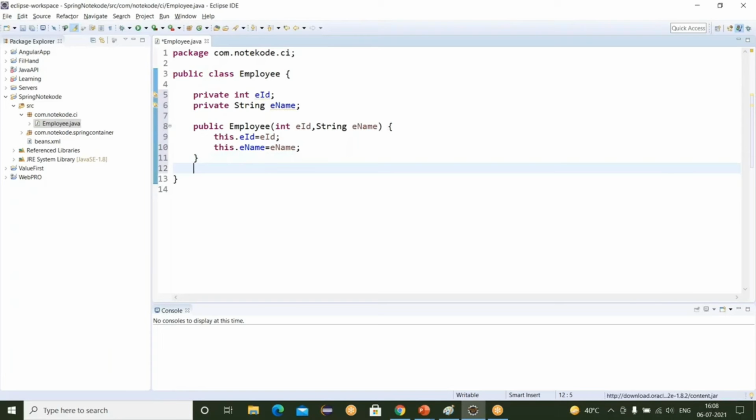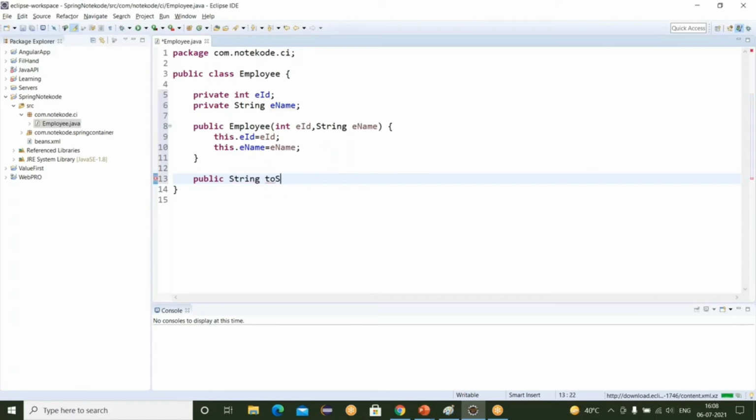And for printing purpose, let's take a toString method. And inside this, we have to return the value.